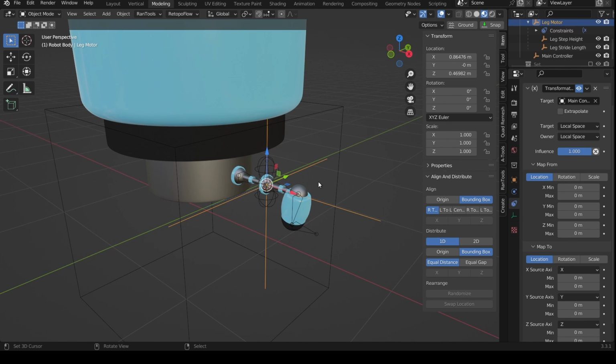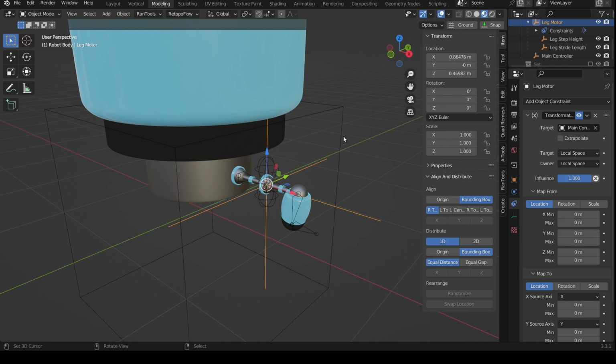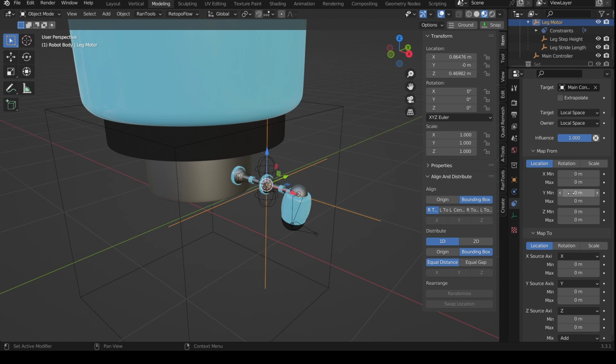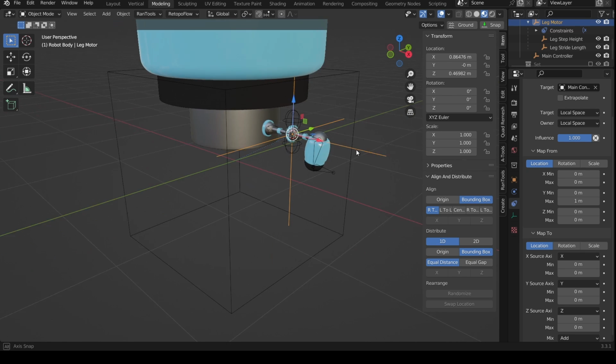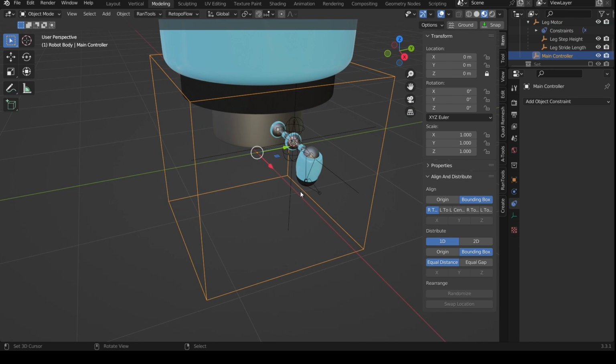Right, so what we're wanting to do is map this location to the rotation of this object. So we're going to say map from location, and we're going to look at the Y location. So we're just going to use its forward location for this. So Y min and Y max. We ignore the Y min, we can just say Y max, and we're going to say 1 meter. And that means that when we move this cube 1 meter, so one of these squares, it will map that